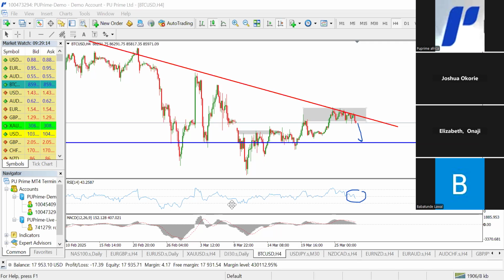And BTC USD, I'm bearish on 4 hour. Euro CHF, I'm bullish on the 1 hour. All right, so that'll be all from my analysis this morning. Take a few questions as we begin to round up. Mr. Akpan is asking me to check GBP AUD. Joshua is asking me to check gold. So let's look at both instruments.